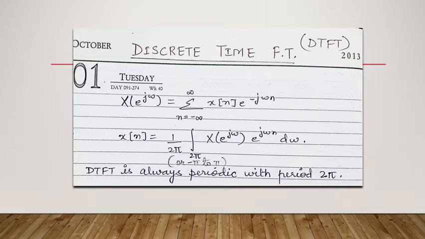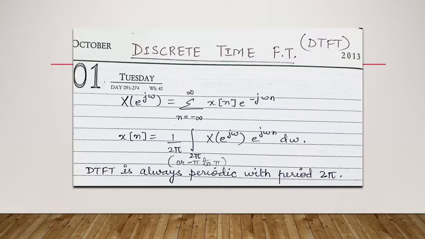Now this signal we are converting from the time domain to the frequency domain with the help of this transform, which is called DTFT. And here the frequency is denoted by omega. So capital X is representing the frequency domain and small x is representing the time domain signal. This is the basic representation of DTFT on the LHS.